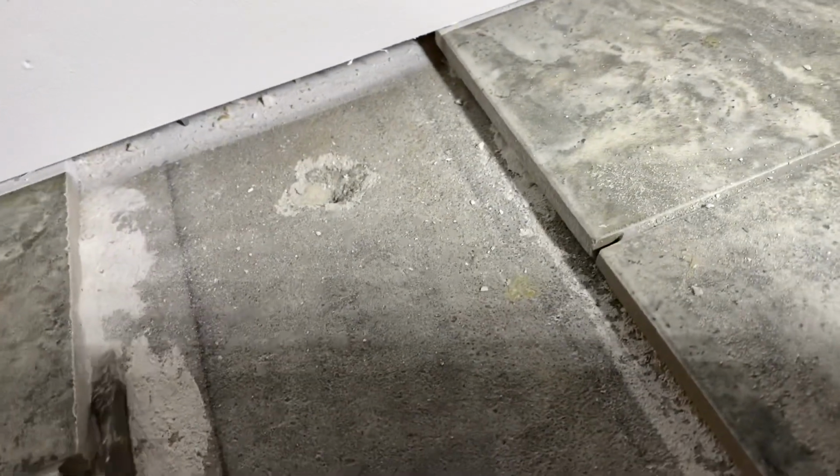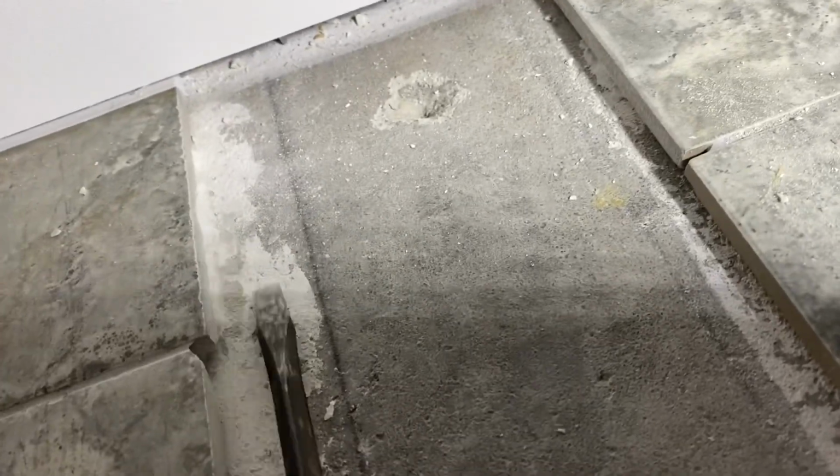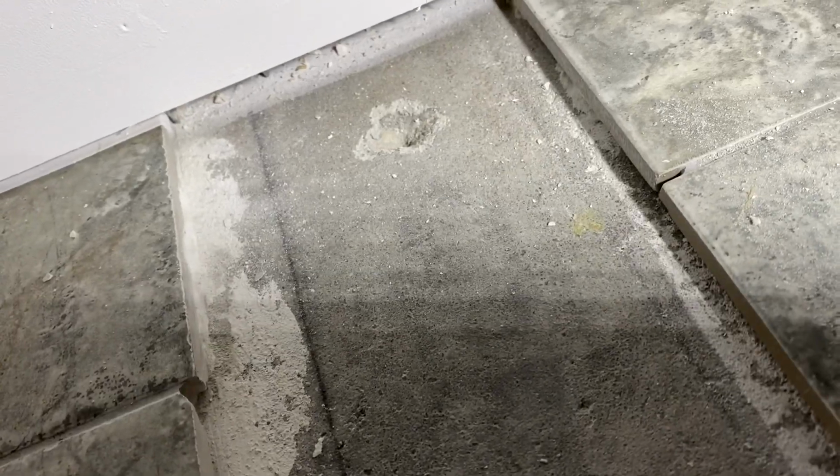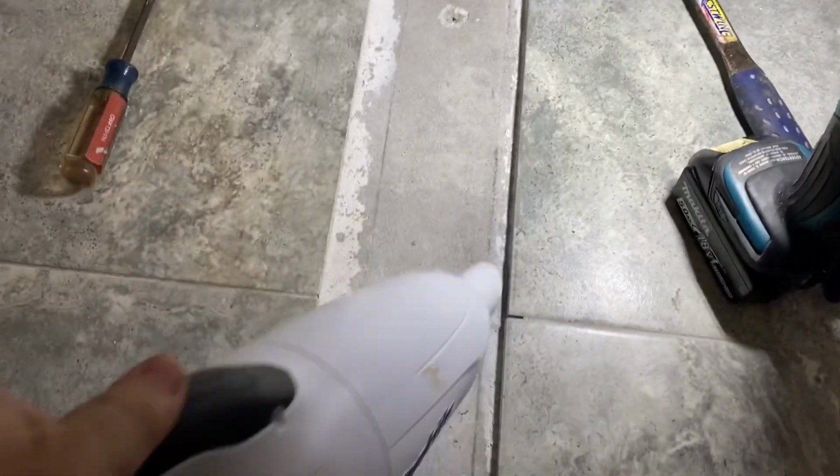Let's go cut some tile. So the first thing I'm doing here is making sure I have a nice square edge, and I just basically use a hammer and a screwdriver just to kind of chip and give me a nice square edge on both of these sides so the tile can seat properly. And then I'm just vacuuming it out with the little Makita, get everything nice and